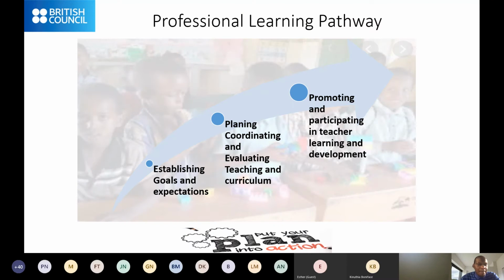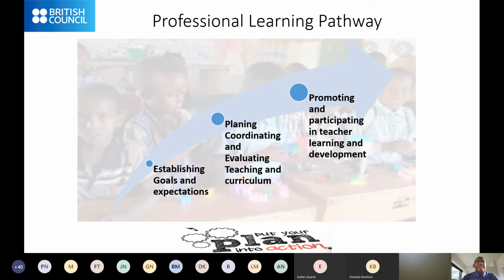Then based on that, remember our professional learning pathway where we have to set goals. So you plan, you have a goal. You have to establish your goals and expectations: I'm doing A because I want B to happen so that C can happen. So that clarity of idea needs to be there. And then we have to apply: how will I do it? You need to think about how I will do it, because as I'm doing it, I need to be checking, is it happening? Is it bringing out what it's supposed to bring?